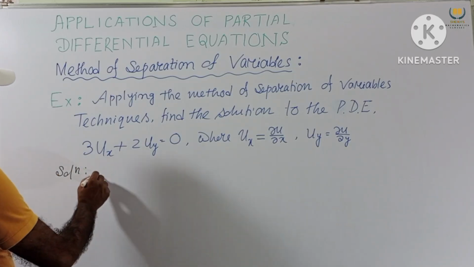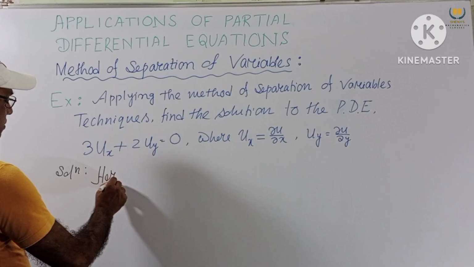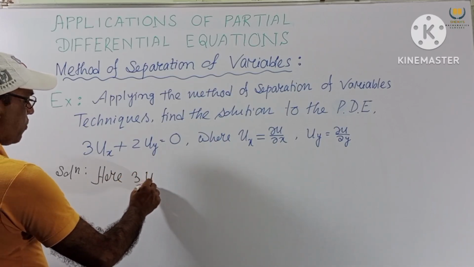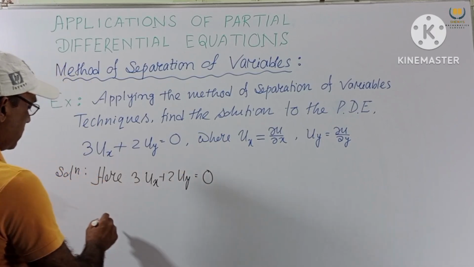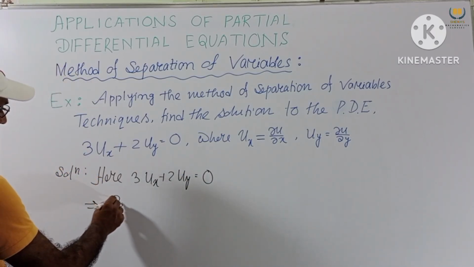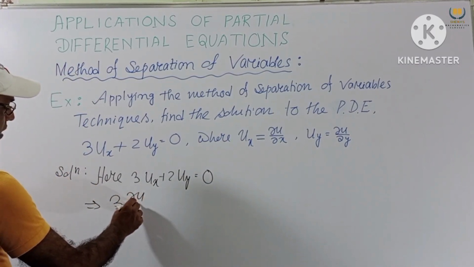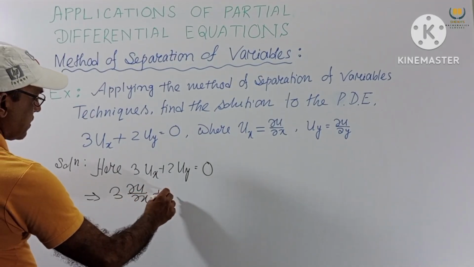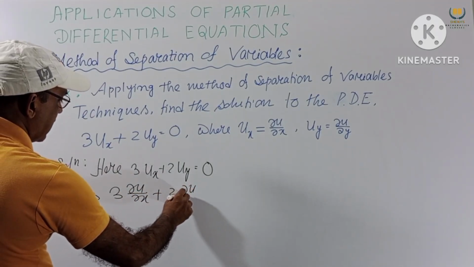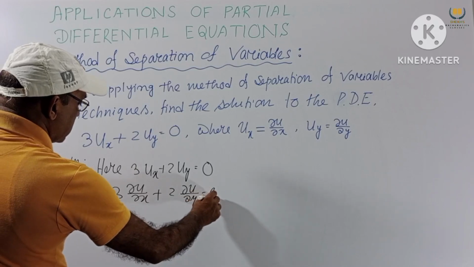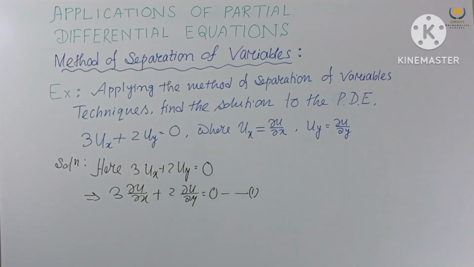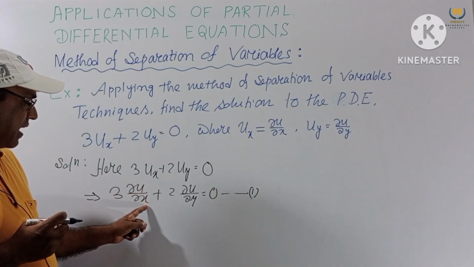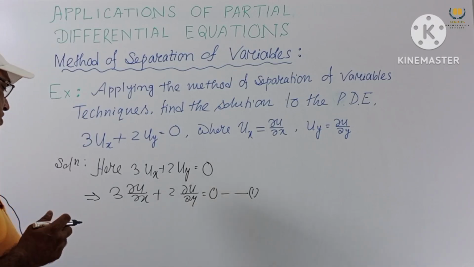So here given 3ux plus 2uy equal to 0, and this implies 3 del u del x plus 2 del u del y equal to 0. This is number 1 we consider. But here given u, and here x and here y. So let